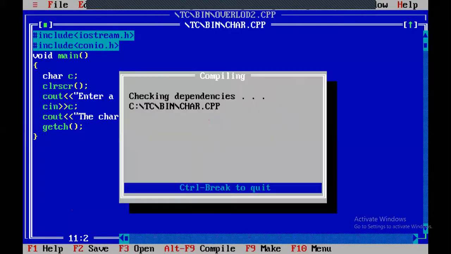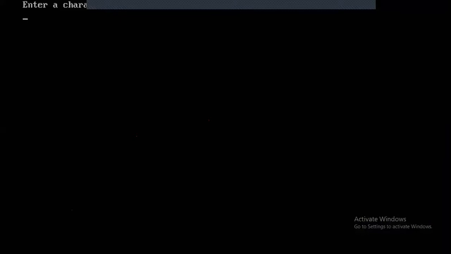But if I type more than one character, what happens? You will see. Say 123. In this case, I have typed 123, so you have typed three characters here. It is not read as 123 as one whole number. It will read like 1, 2, and 3, three separate characters, because we are reading a character. So in this case, only one character is accepted.